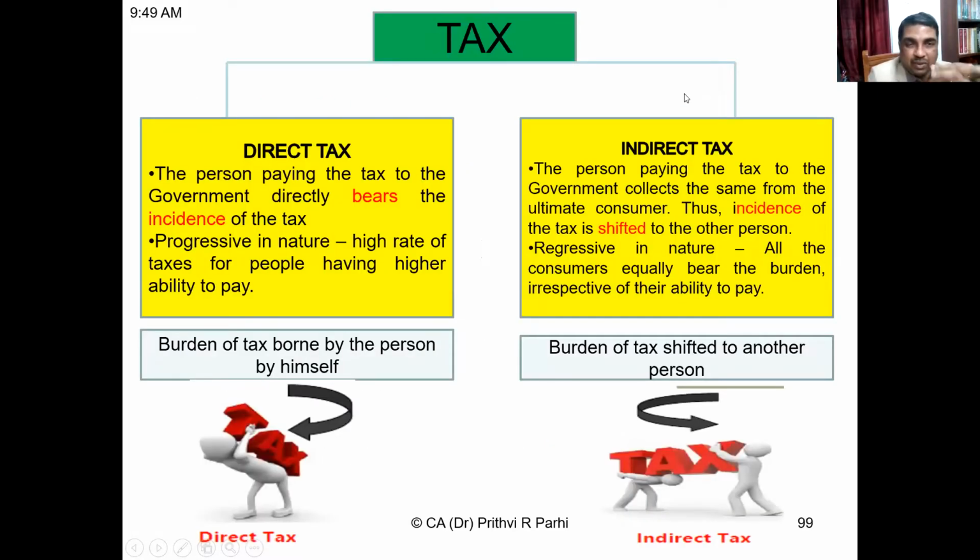Well, friends, now coming to this concept of direct tax and indirect tax, you may just go through this slide, have a look at this. Now, I request some of you, please read it. What is direct tax? Can anyone of you read this box? Please unmute and read it out. About direct tax and